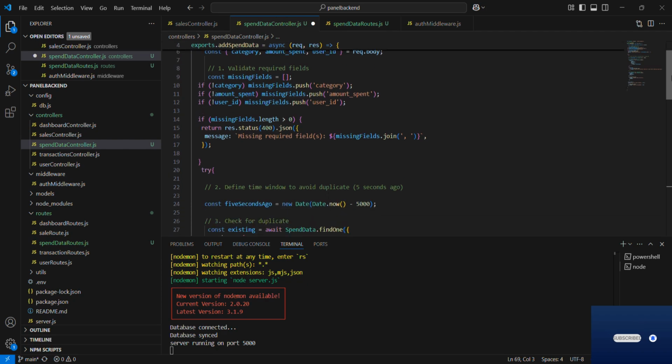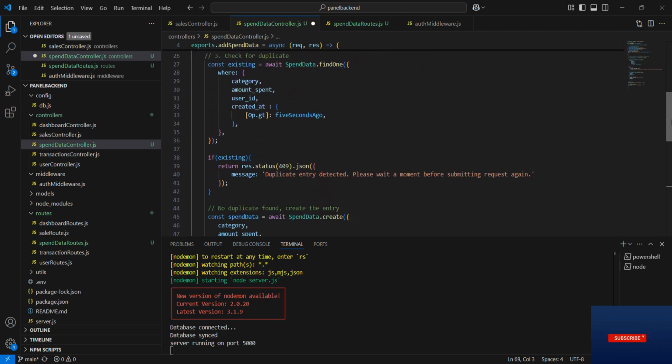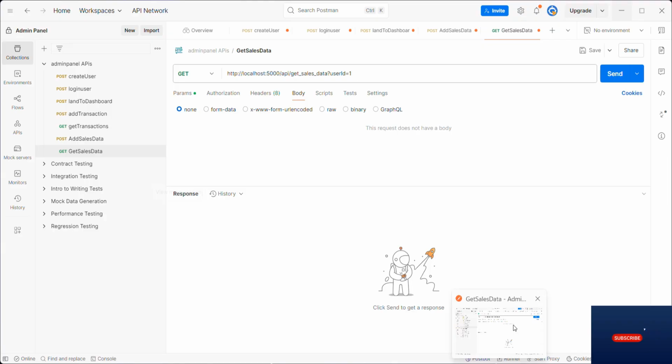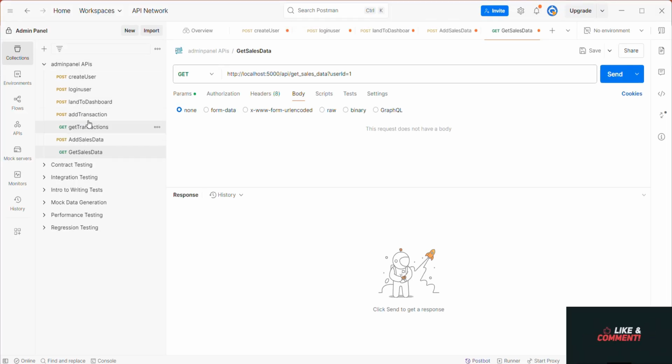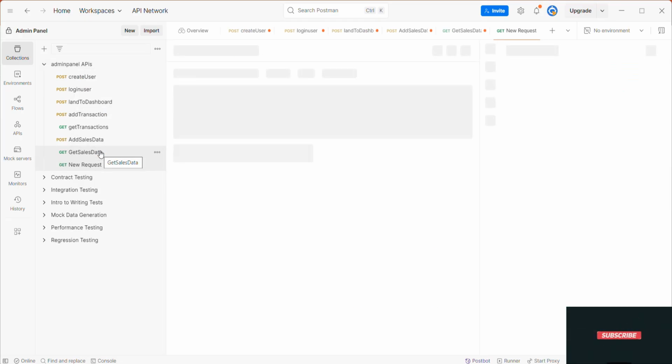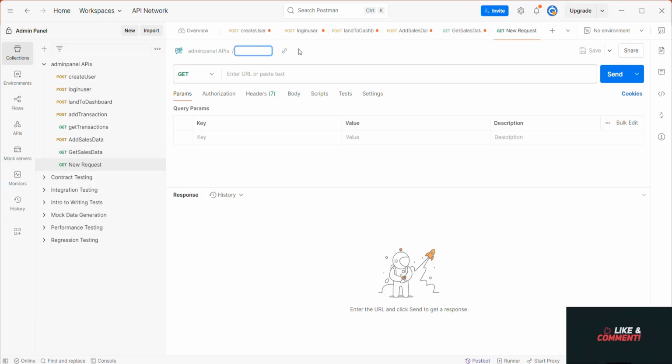Alright friends, now that we've set up our controller and secured route, it's time to test the AdSpendData API inside Postman. And if you remember from Part 15, we have already created a workspace called Admin Panel, where all our API requests are neatly organized. We will continue using that for consistency.